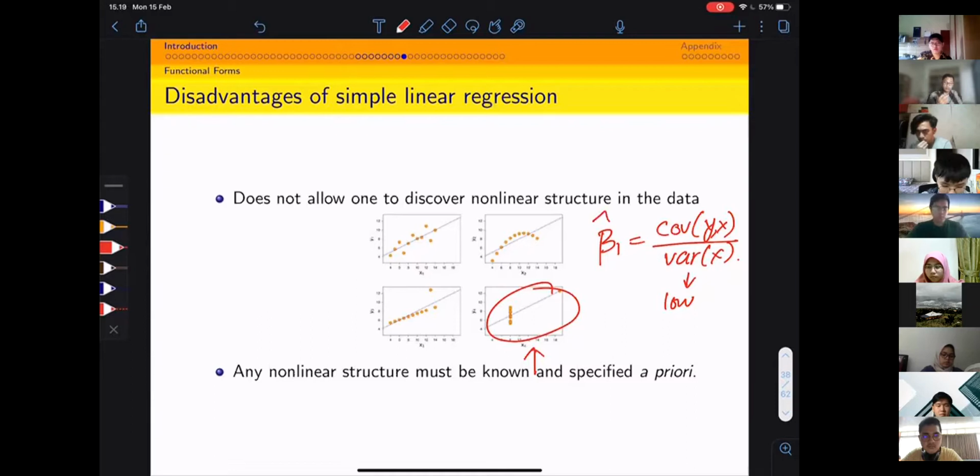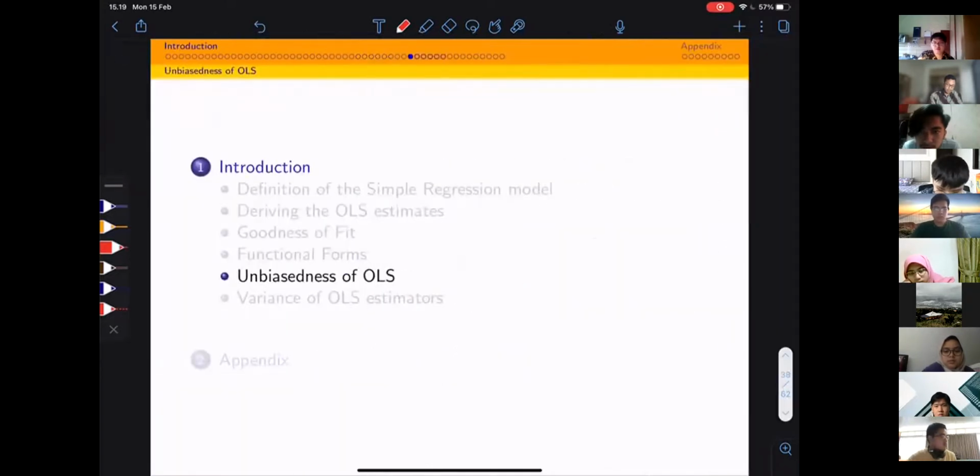So there are issues in simple linear regression, and what we're going to try to do is relax some of the assumptions, some of the modeling side of OLS, next week in chapter 3. Some of the modeling that we're going to do will try to capture some of the nonlinear structure in the data, okay? But for now, we'll take it as it is. All right,